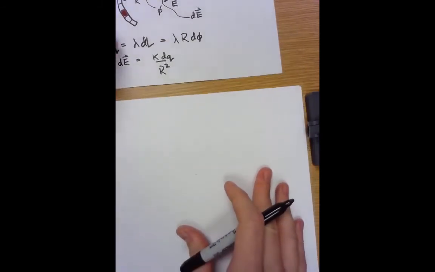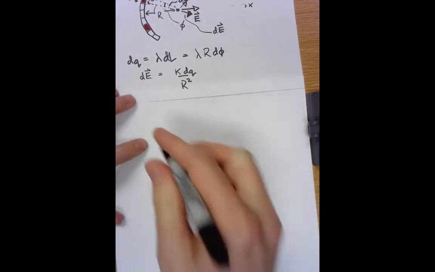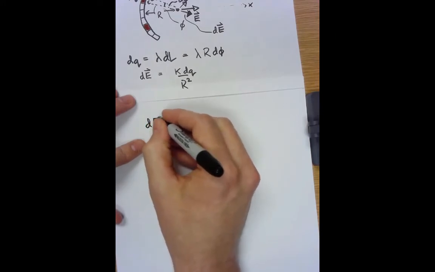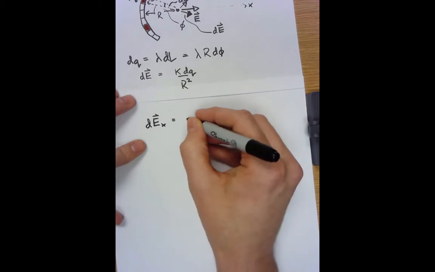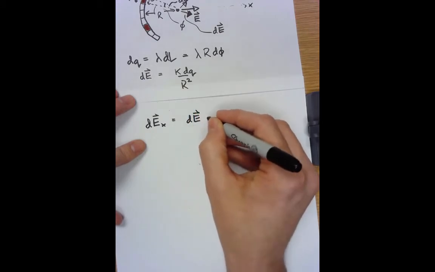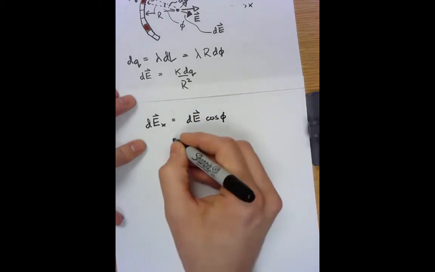So the contribution to the x component of the electric field due to that charge is dE cosine of phi,